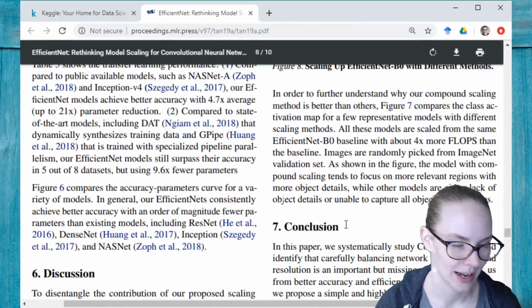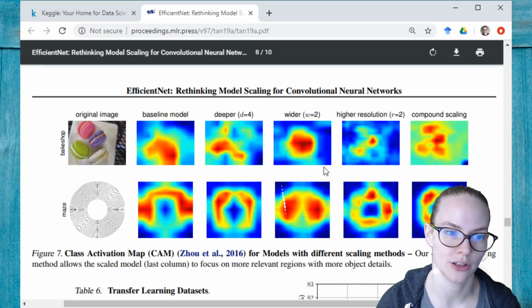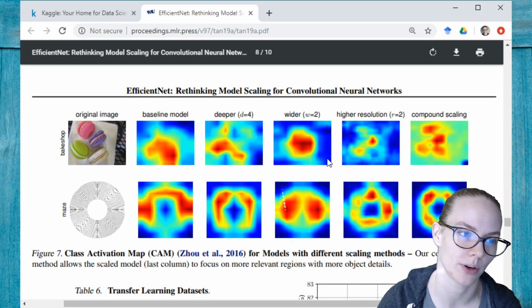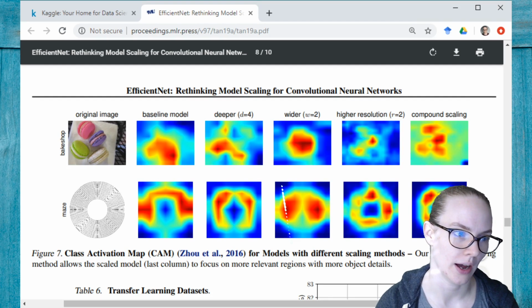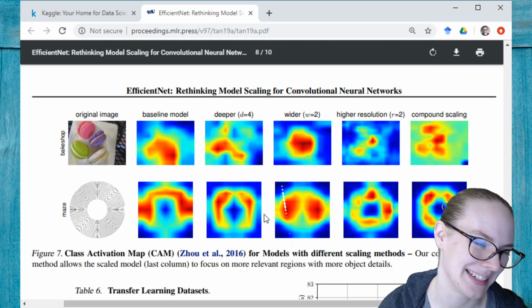So that helps to bolster the intuition that if you're scaling all of the 3 things, even if you still have the same number of operations, you can achieve more intuitive representations, I guess,